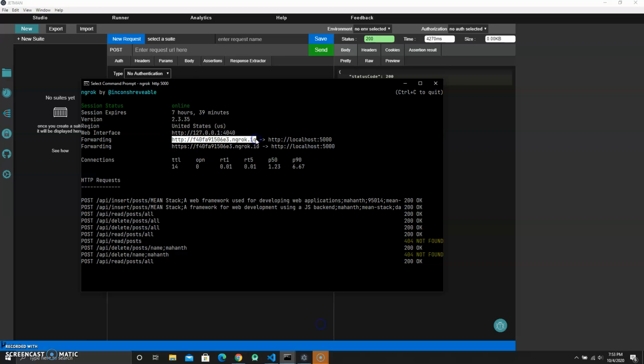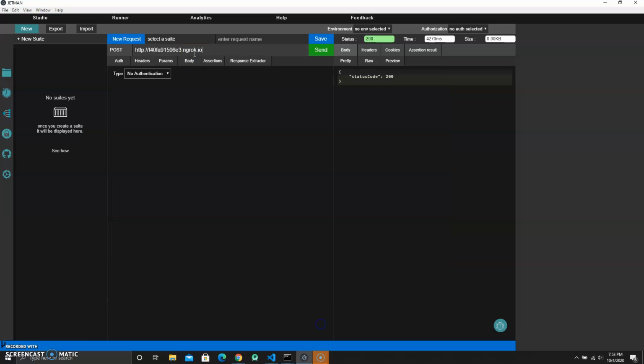Now I'm just going to navigate to the command prompt again, copy the URL, add API slash read slash post slash all. Finally, you can see a post, a web